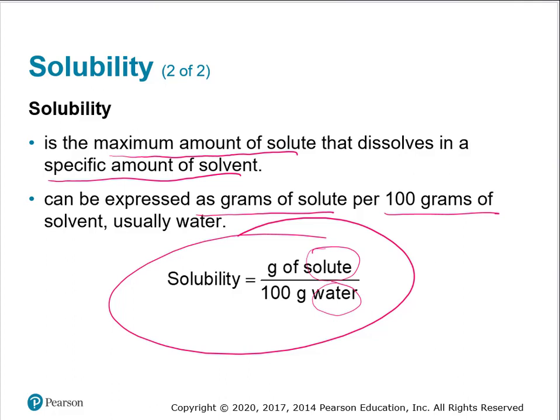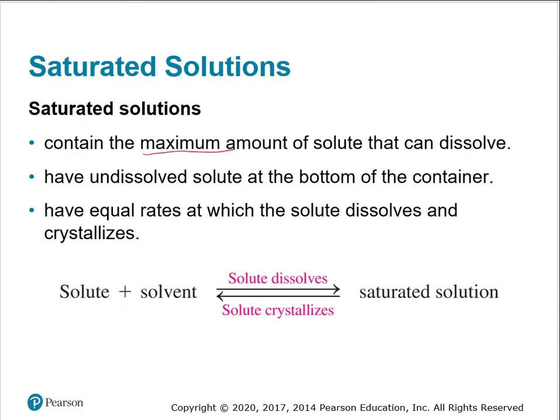If I put 11 grams of salt in, some would not dissolve. So the solubility is the maximum amount of solute that can dissolve in a certain amount of solvent. Saturated solutions contain the maximum amount of solute that can dissolve. Saturated solutions have undissolved solute at the bottom of the container, and they have equal rates at which the solute